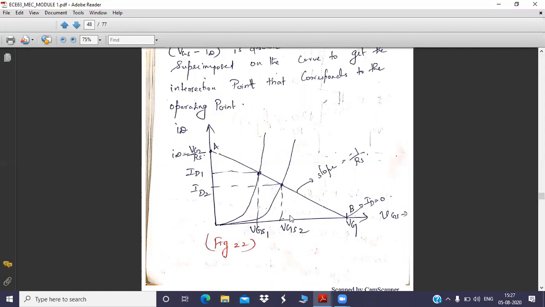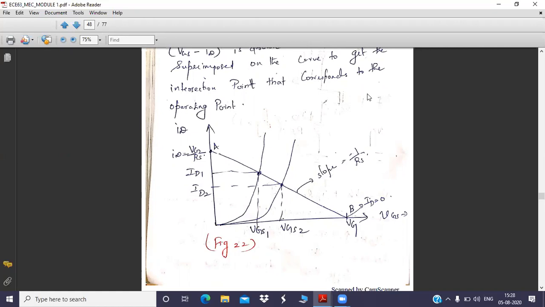Assume that Rs is small because of some mathematical mistakes or some logical mistakes. You have fixed a low resistance source Rs. Then what will happen? Can anybody explain in the opposite way? What happens if you have taken a small Rs? Slope will increase, sir. Correct. Good. When you have taken Rs as very small, your slope will increase. Slope increase means your DC load line is more steep now.